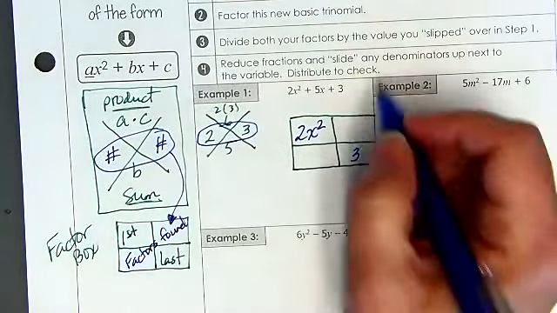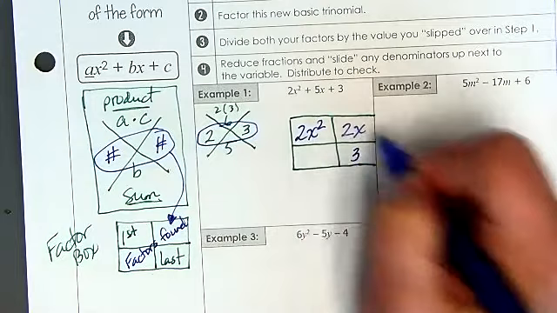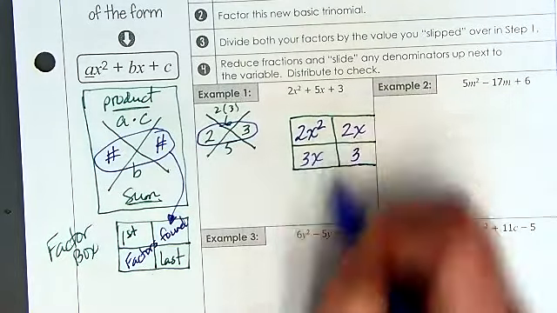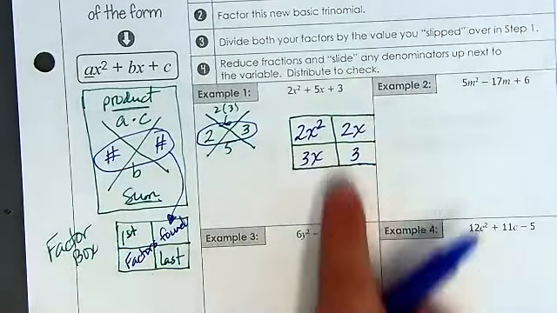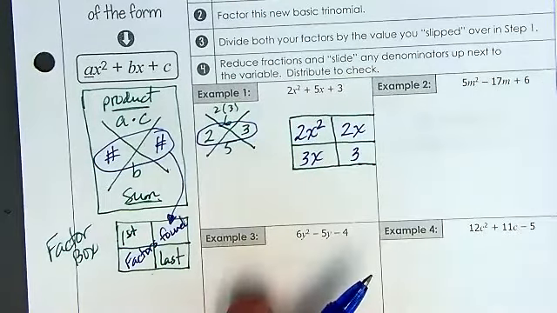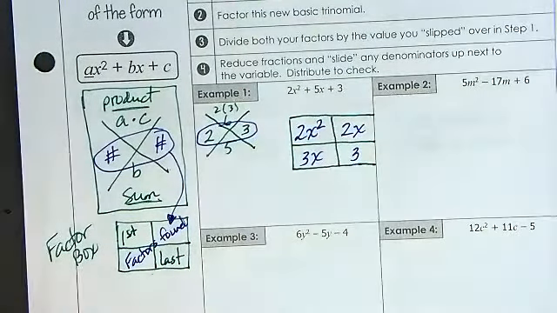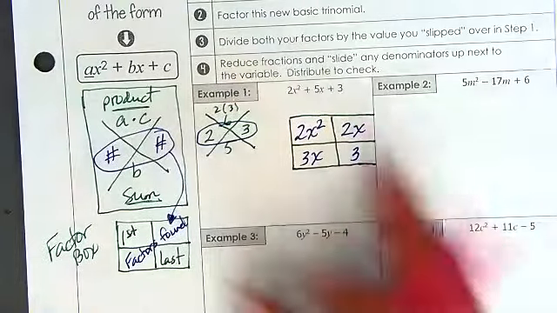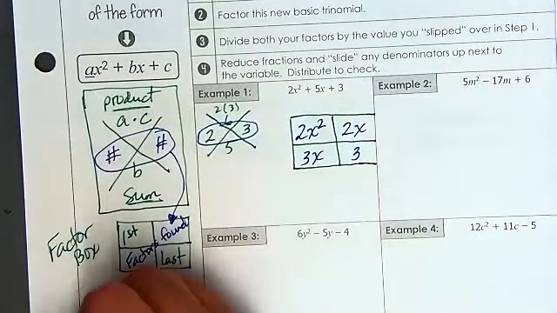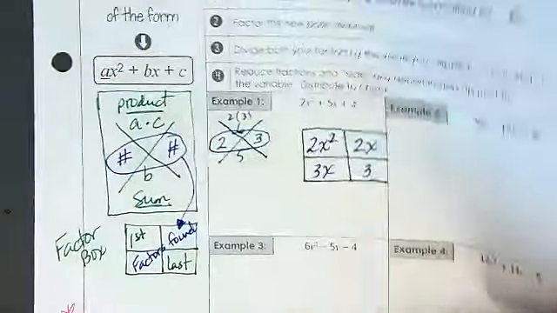So when I'm looking at this, it doesn't matter which one you put where. So this is 2x and this is 3x. And I could put 2x here and 3x here. So now I've filled in this. So now I factor each column. So at this point, we now